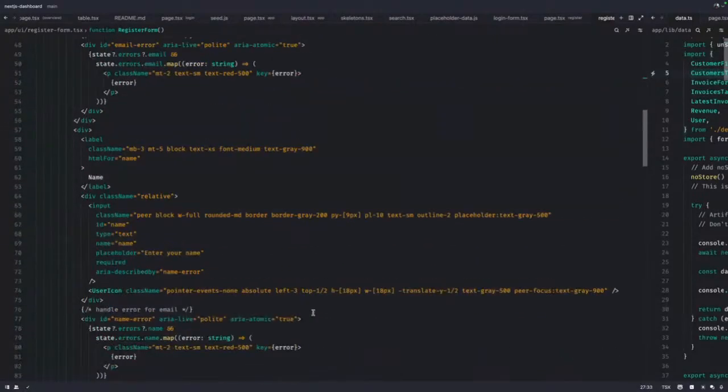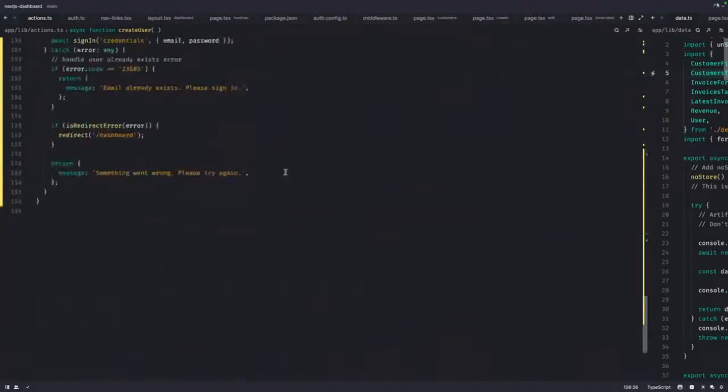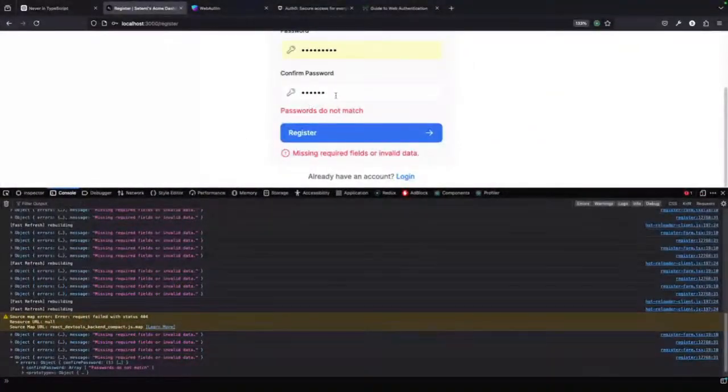All right. And so inside of our actions again, let's go back down. Yeah. So you can see that once the row count is not equal to 1, then there's a database error. Fail to create user. So let's try that. Let's see if we send in a confirm password.